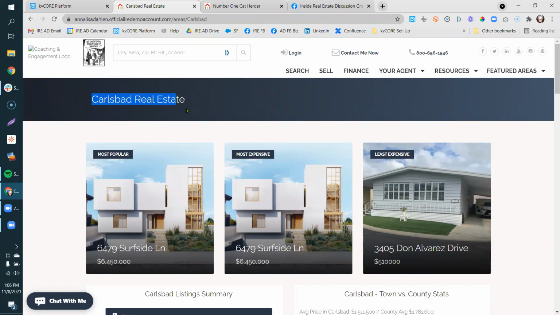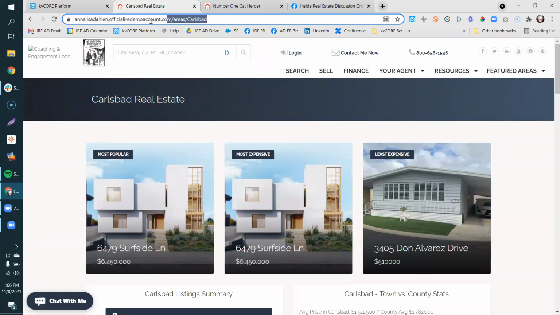So whenever we create a link and put it out there online for people to click on and come back to the site, that adds up to people being able to, in the future, find you easier and easier on your social media. So we're creating these unique links right up here for Carlsbad that is tied directly to me, the agent. So you can see it has my name, my brokerage company,